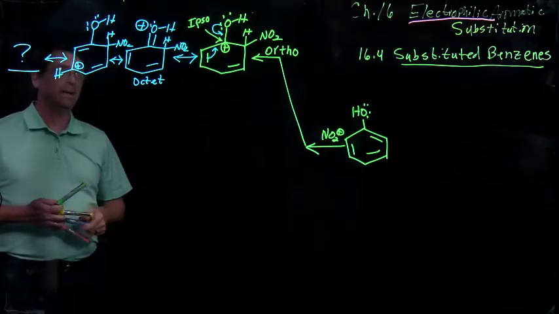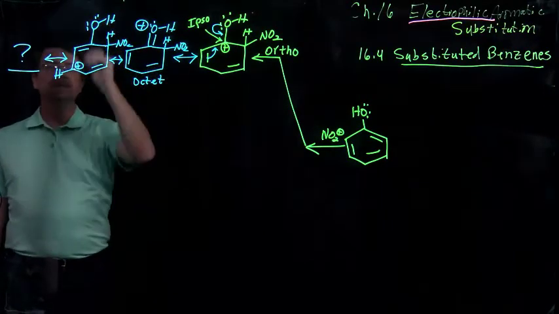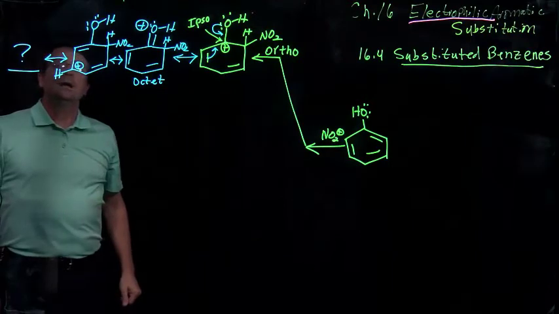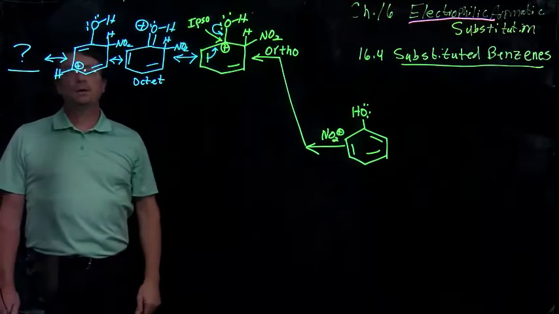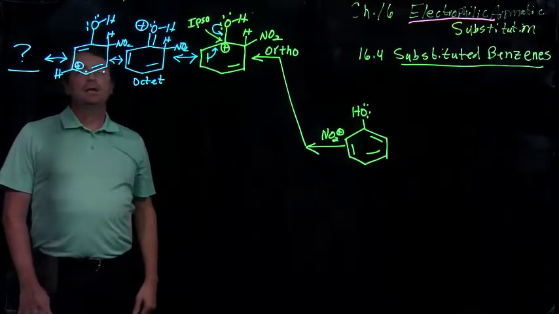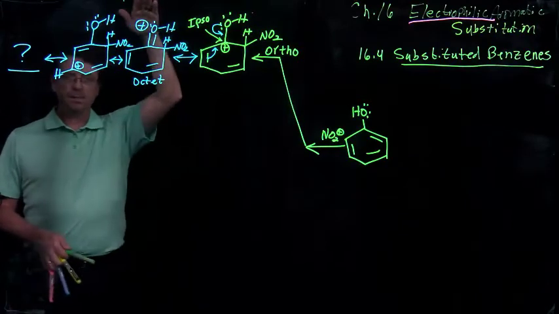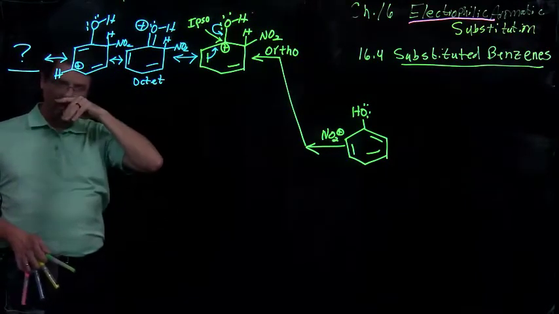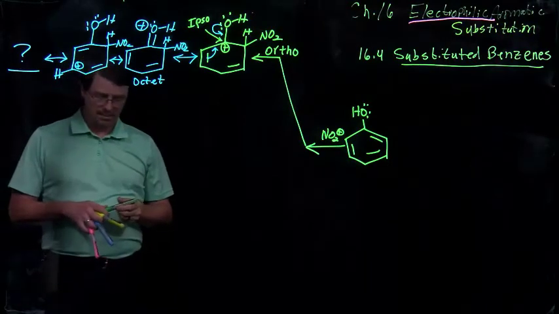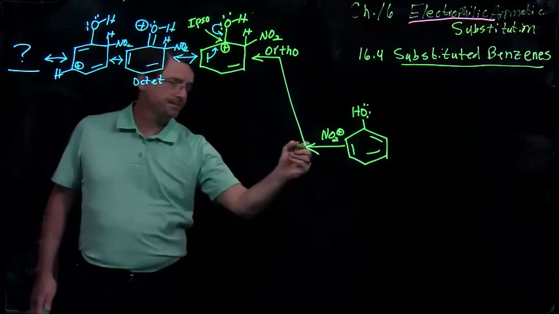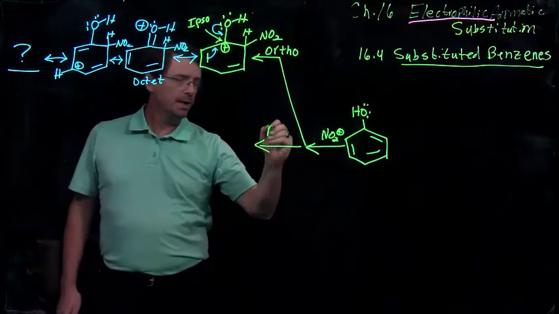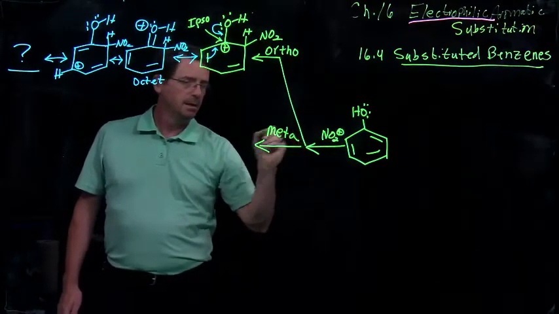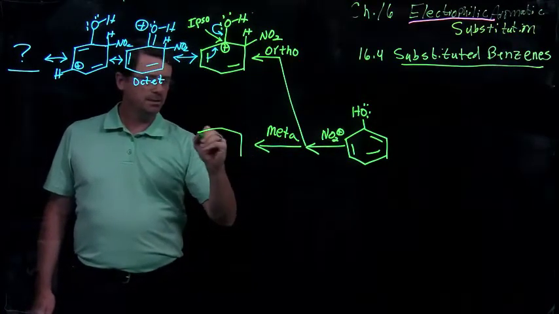So that's attack at the ortho position, and we see how the substituent with the lone pair stabilizes the intermediate for this reaction. That means stabilizing it lowers the energy. That's going to lower the activation barrier by the Hammond postulate. Now, it can also attack meta. If meta attack occurs,